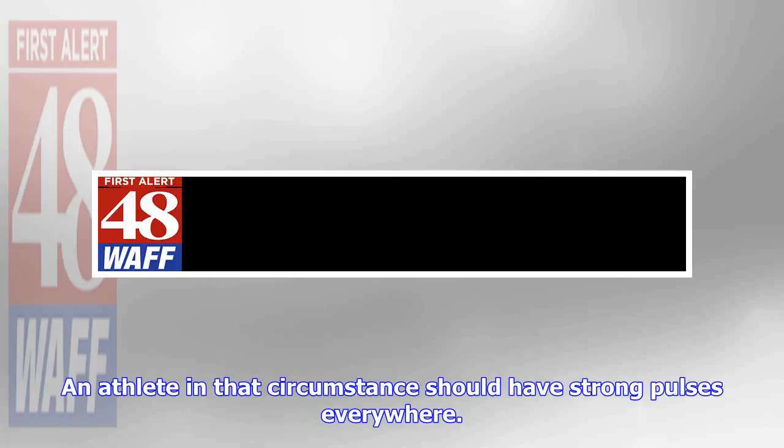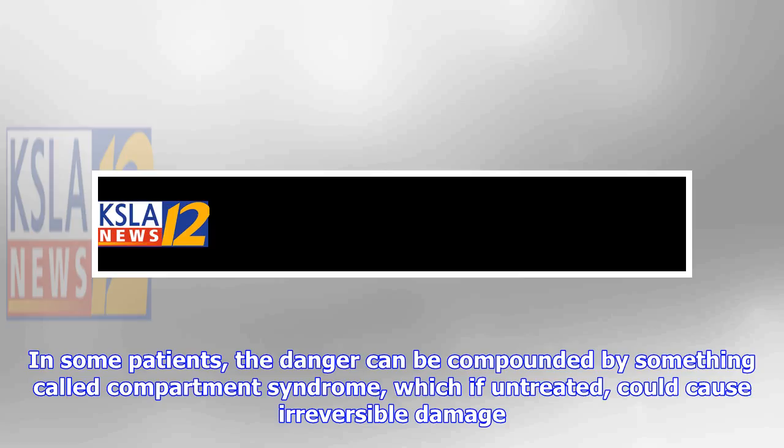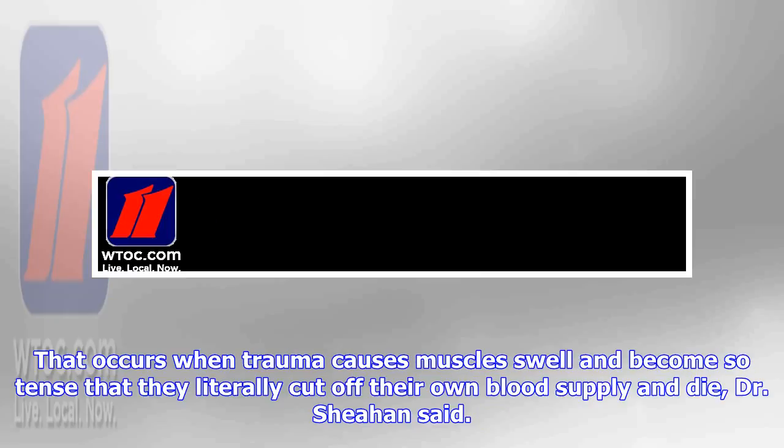In some patients, the danger can be compounded by something called compartment syndrome, which if untreated, could cause irreversible damage. That occurs when trauma causes muscles to swell and become so tense that they literally cut off their own blood supply and die, Dr. Sheehan said. The issue can be relieved with a simple procedure called a fasciotomy, which releases the surrounding fascia tissue so that